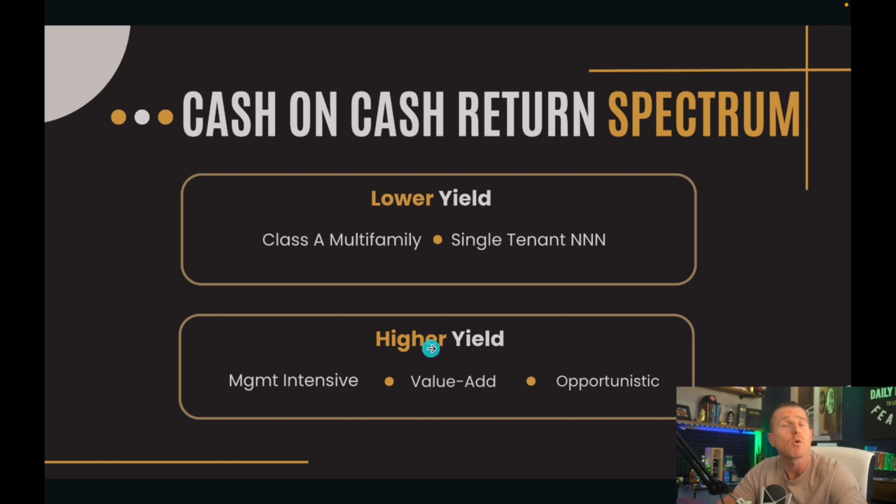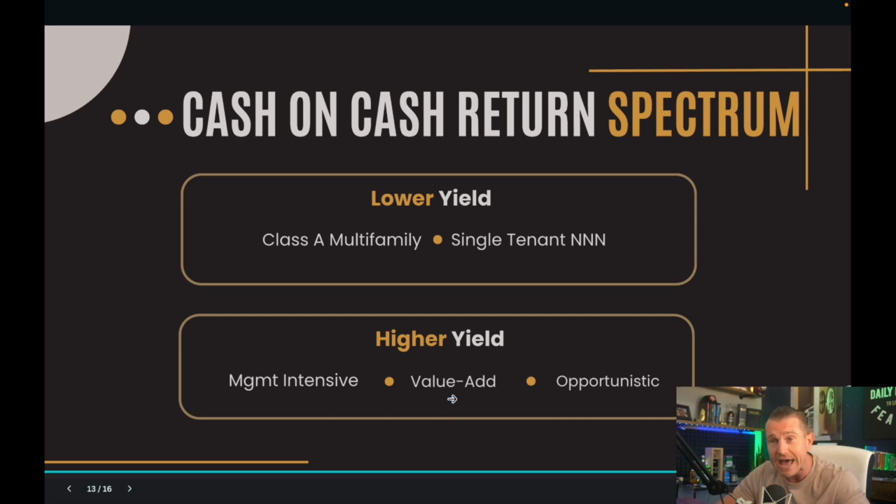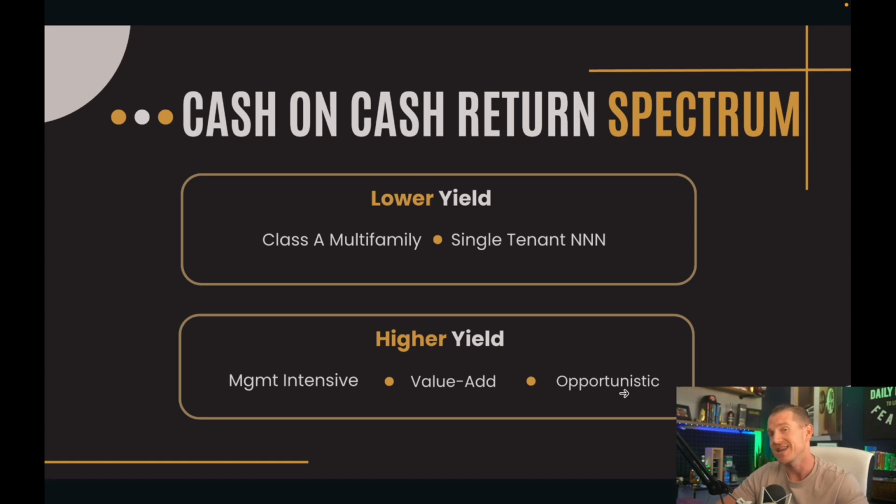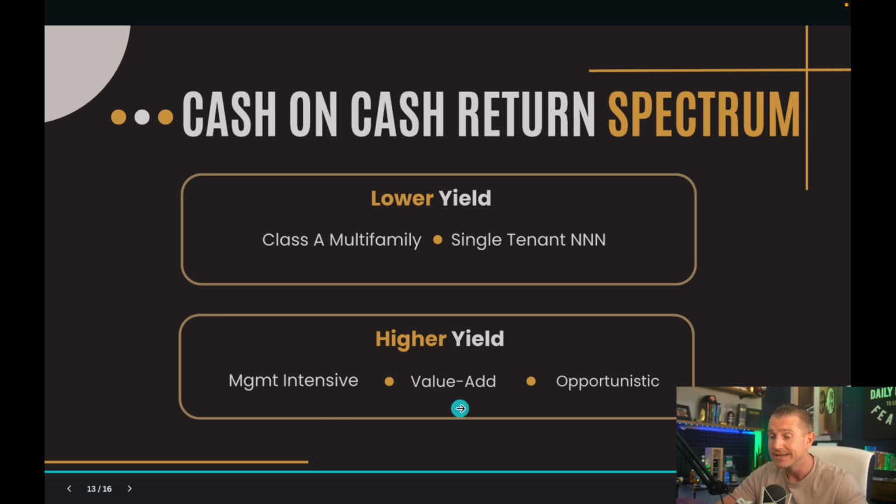But again, you're going to get rewarded for that with hopefully higher yields. So that's going to be things that fall under that management-intensive category, anything that's value add, right? Anything that we call opportunistic, that you can go and capture the opportunities, but it requires you to execute on a game plan, execute on a strategy. Those should generate much higher yields for you to want to go and take that risk and invest all that time, energy. However, you need to make sure that you are taking into account what these plans require.